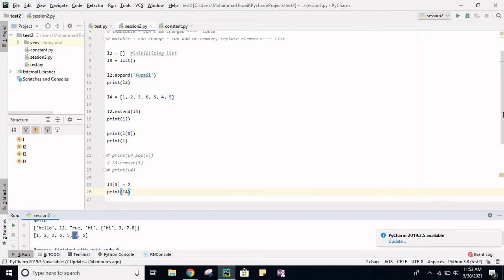Now we will see one important concept in list, which is slicing, and also negative indexing. We have seen so far the positive index, which starts with 0 from the left and goes up to the last at the right, and the negative index, which starts from the right. Suppose you don't want to get an element from the left, you want to get the last element directly. How will you get the last element directly? You will use a negative index. Okay, I will show you.